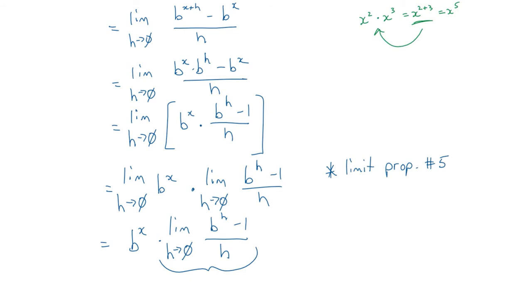Anybody? Probably not, because it's not one we've ever seen. And in fact, the proof of this is beyond the scope of this course. It's too hard for us. So all I can say is turns out